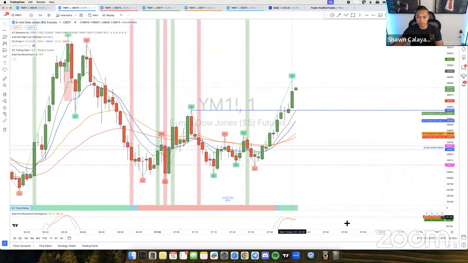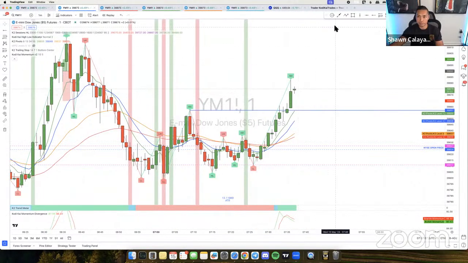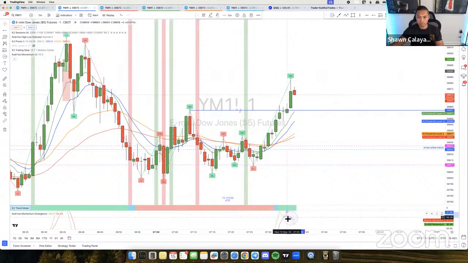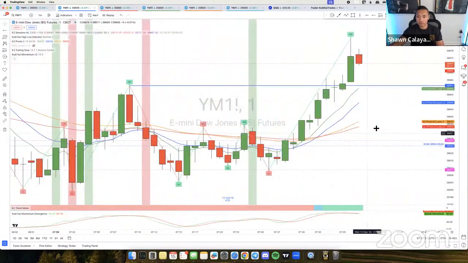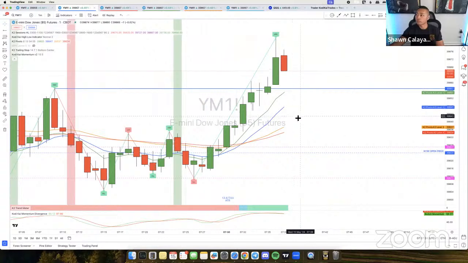All right, so you guys can see that it actually diverged down a little bit. You guys see how there's divergence over here? It's kind of small, but you can see that it diverged below. So I'll look for possible fake out and then possibly continuation back up for the divergence. Super small, but